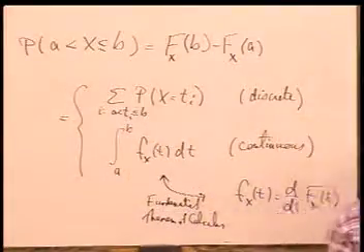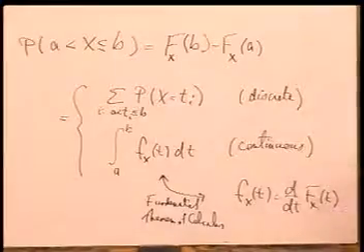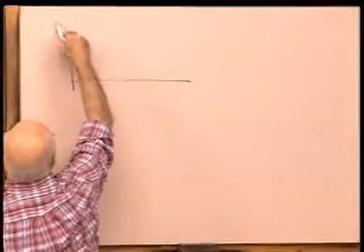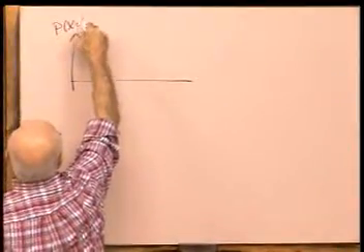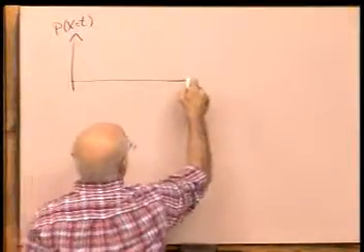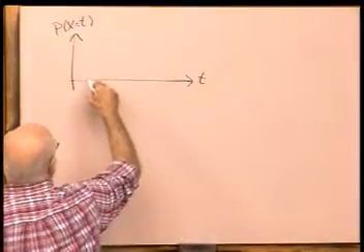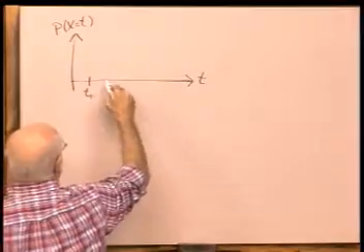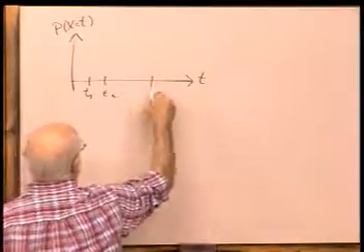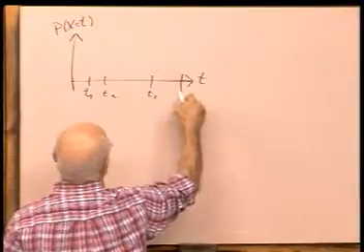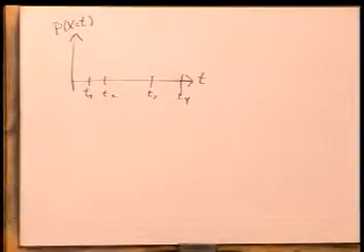So here's a discrete case. Here is the probability mass function. Here's the probability that x is equal to t, and here's t. And here are the particular values that the random variable takes. So let's call them t1, t2, t3, t4, and so forth. They don't have to be evenly spaced. They don't have to be positive. Remember that if we have a